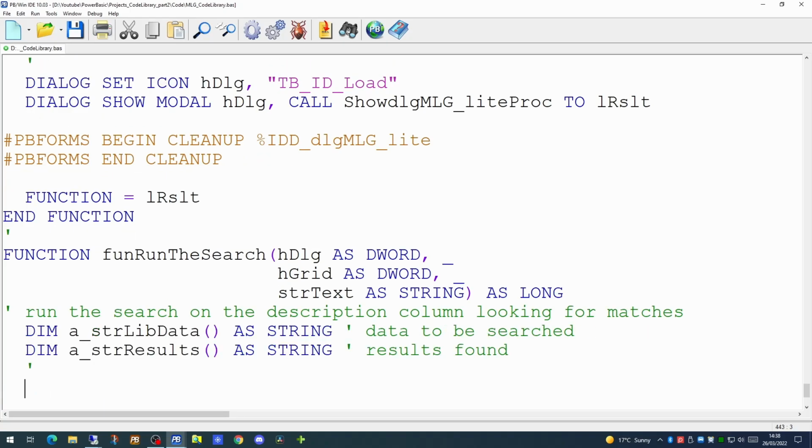We'll need to know how many rows are actually in the grid and how many columns. And we'll create a counter called longFound for the number of matches we actually find in the library. And then a simple row counter and column counter to allow us to write the found information to our search sheet, our search tab. We know we'll be searching the description column, and we'll set that in a variable as well.